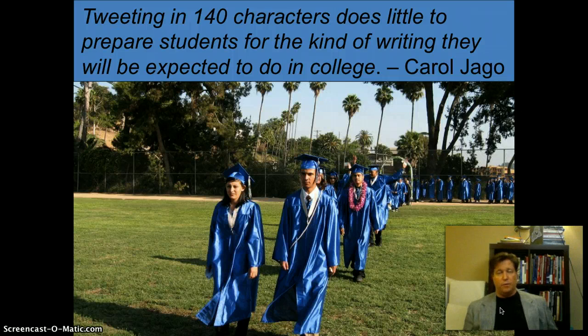It goes right into what Carol Jago says, that texting and tweeting 140 characters, as much as it's fun and I love it, I love the Twitter, I love doing little tweet-a-thons in class and 6-word definitions, but it does not do anything to prepare the kids for the type of writing they're going to do in college. And I always tell my ninth graders, in my class, you're getting 10 or 15 quizzes per semester. You're writing 8 essays. You're doing another 4 projects. There's plenty of opportunities for you to